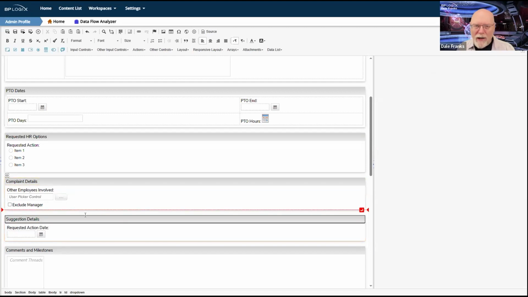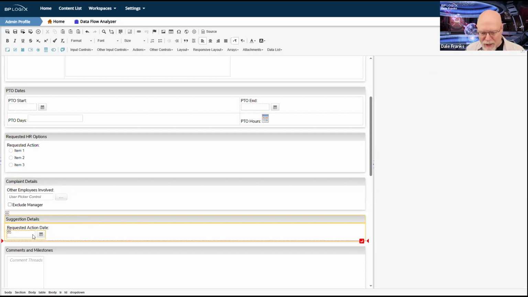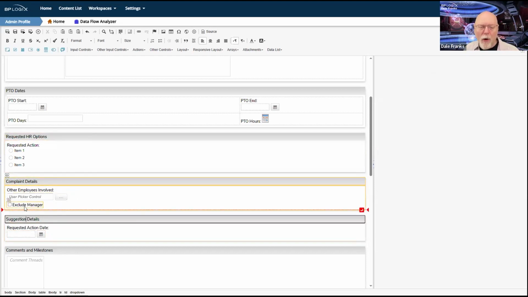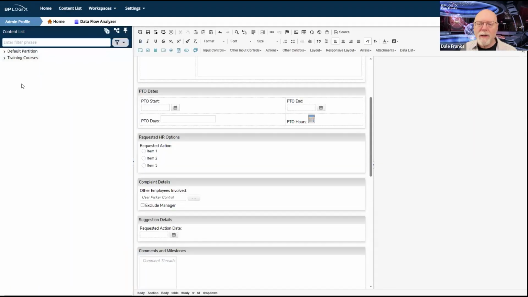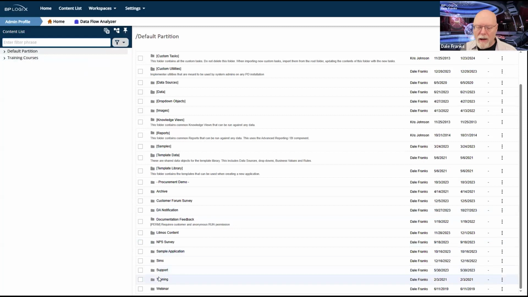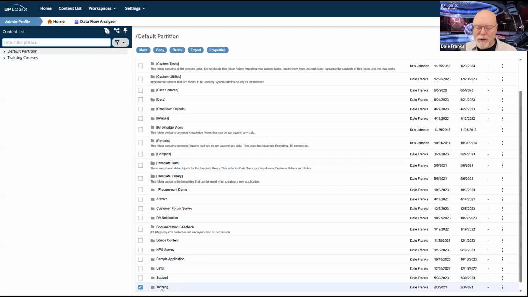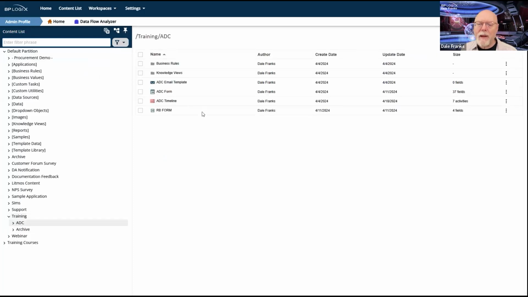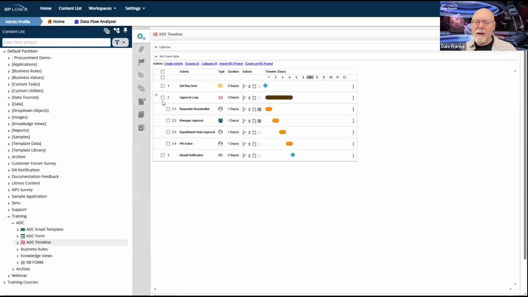We're really just trying to see different things happen when I do different things on the form, and perhaps use some of this data on the form, for example this exclude manager checkbox, to determine what happens in our process timeline. So that's our form. And we'll just go ahead and, you know what? I should probably show my content list so that we can see stuff. And I want to go ahead and leave there and go take a look at our process timeline. Wanted to be sure I didn't save that. So that's why we left it via the content list.